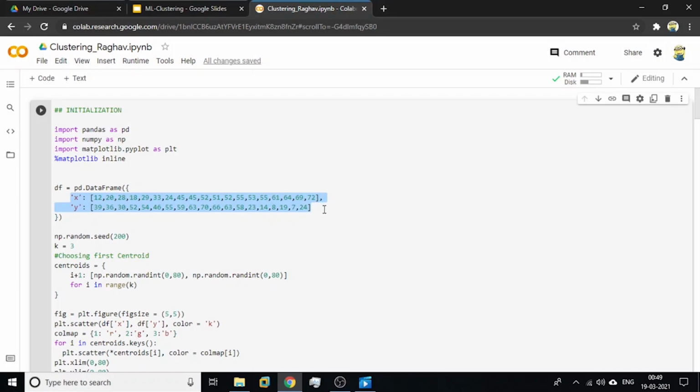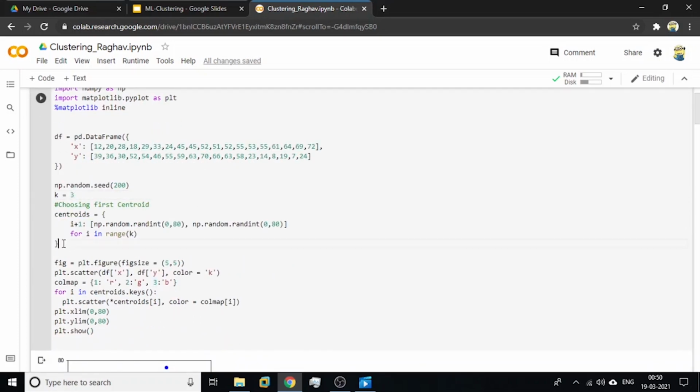All the data points chosen here are from 0 to 80, completely random. We use np.random to generate random numbers. We define k equal to 3, because in this example I am interested in forming three different clusters, so I'm expecting the algorithm to form three clusters.